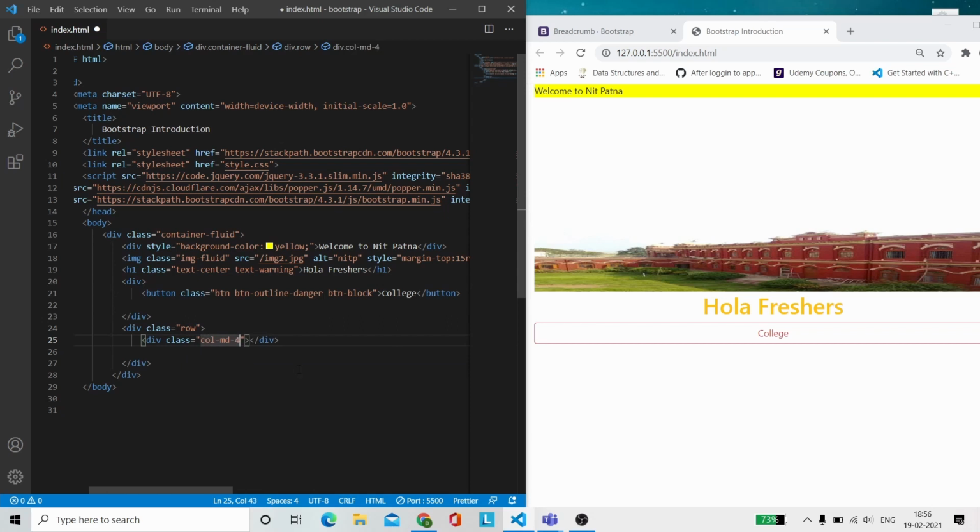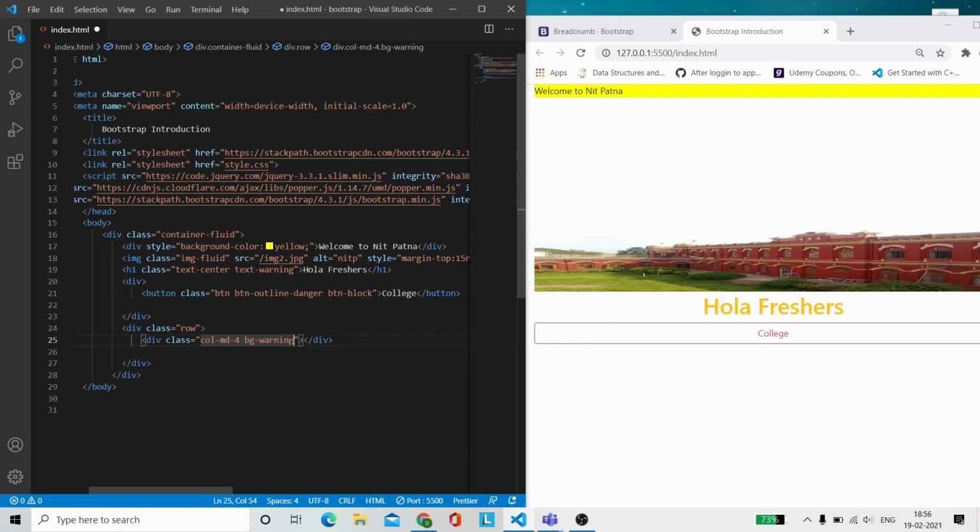This can be MD, or for small screens you can use XS, for large screens you can use LG, and for medium size screens you can use MD. Generally for laptops we use this. Then I want a yellow background, so I can directly give it bg-warning.